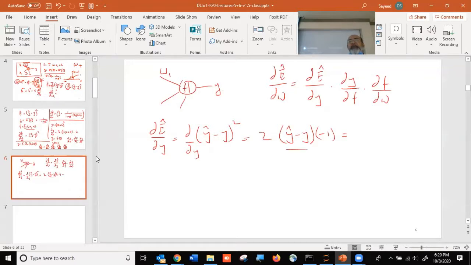Now, this is simply what? Y hat minus y can be referred to as the error, okay? And that's why I call this E hat, because this is the mean squared error, and this is the absolute value of the error, okay? So this comes out to be minus 2 error, okay, the absolute error, okay? So we found out what the first term in this equation is, which is simply this particular value,